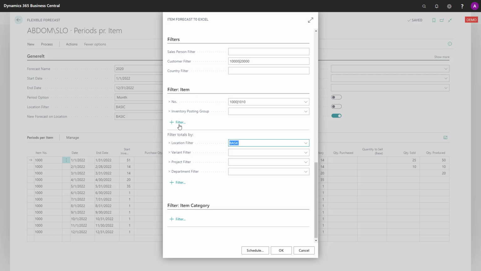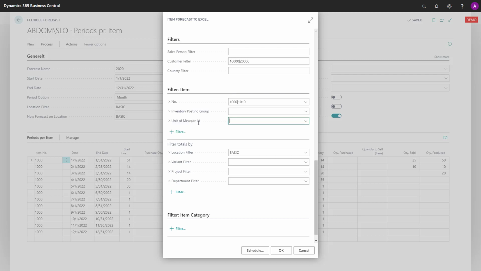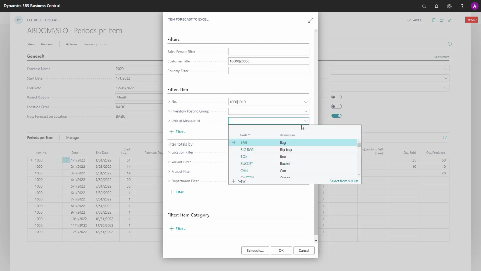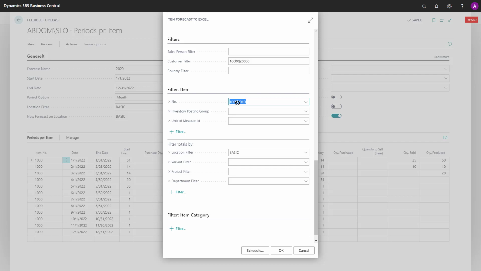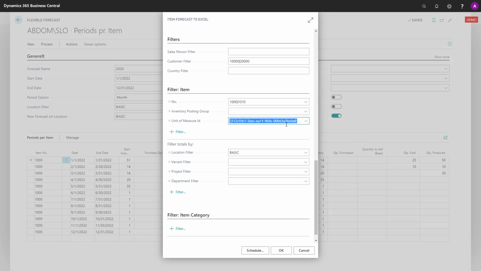On the item filter here, you can of course add as many filters as you want from the item card. So if you want to filter on, for instance, a unit of measure, just as an example, then you can look up in the unit of measure table and they will only take the items in that filter. So with the filter up here, it will only take from those 2 items, the one with the unit of measure back, for instance. So this is a way to minimize the data you extract. So you should be aware of the filters because it could very easily get very heavy loads of data you're exporting.